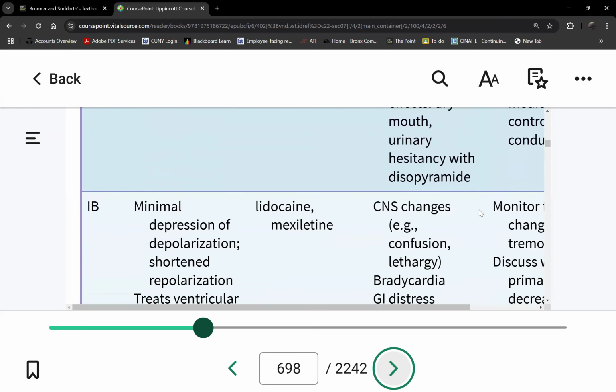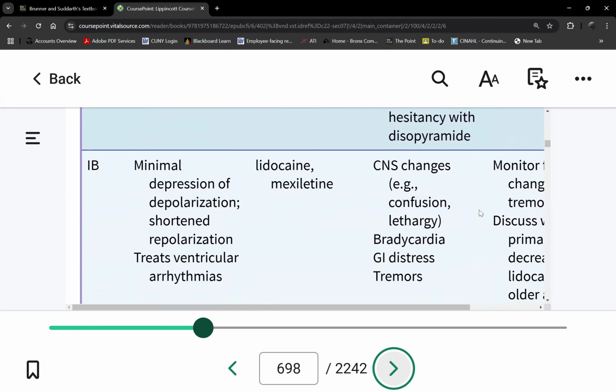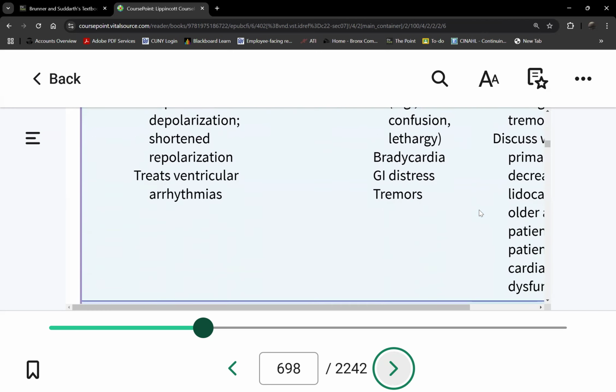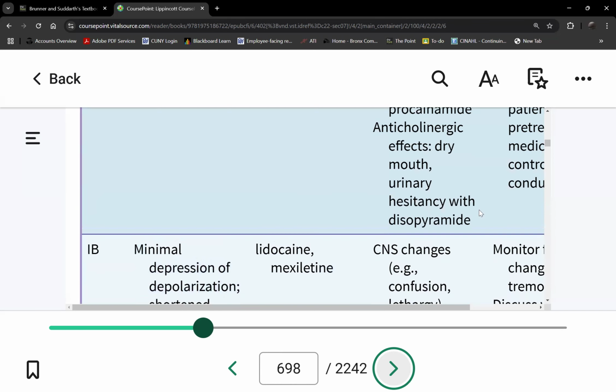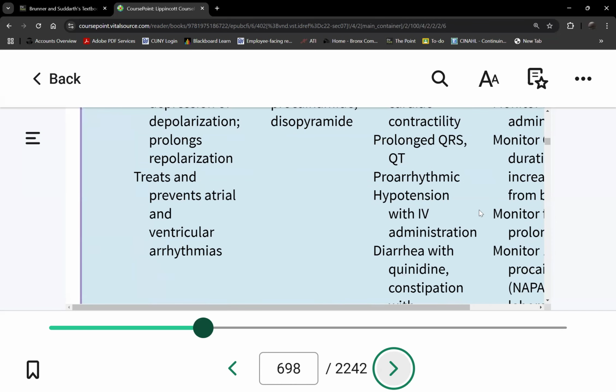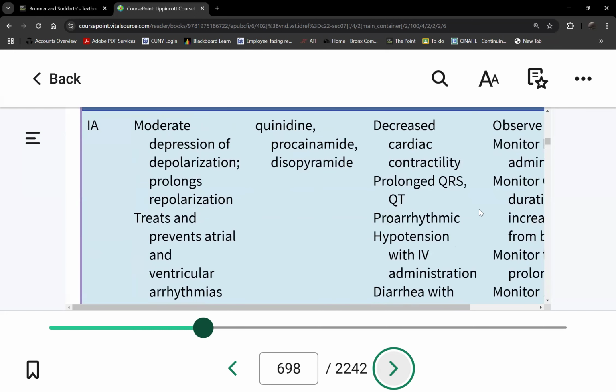So that's for that drug. Look at the next drug, lidocaine. You see the side effect? No, a commonality, something you see for each drug. Let me go back. Okay, they actually cause another dysrhythmia, right? Look at that. This one,